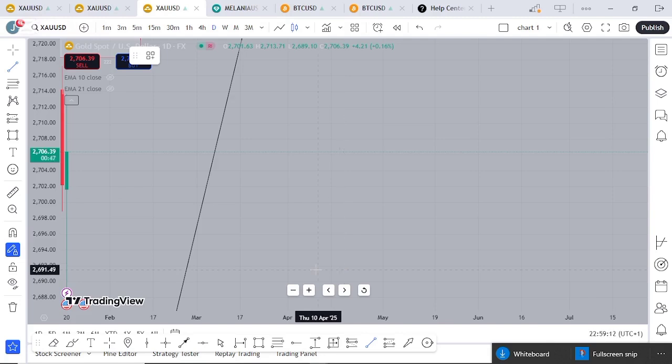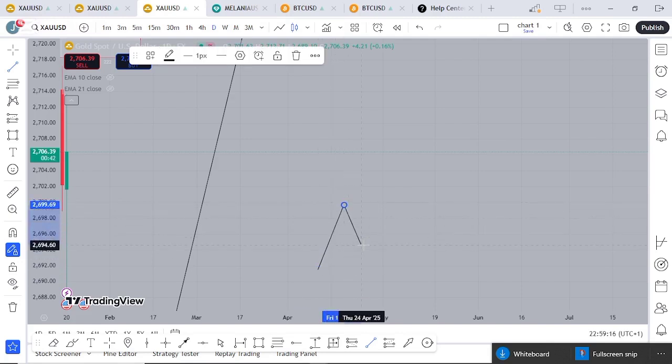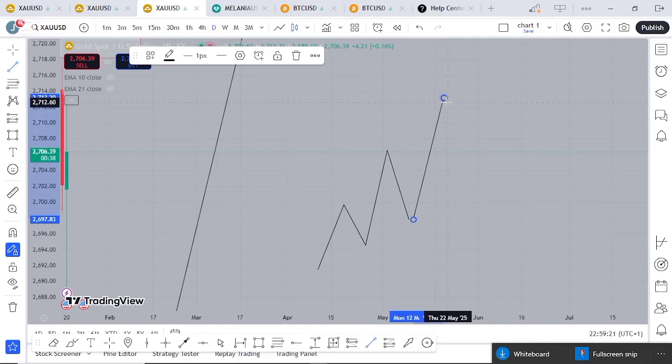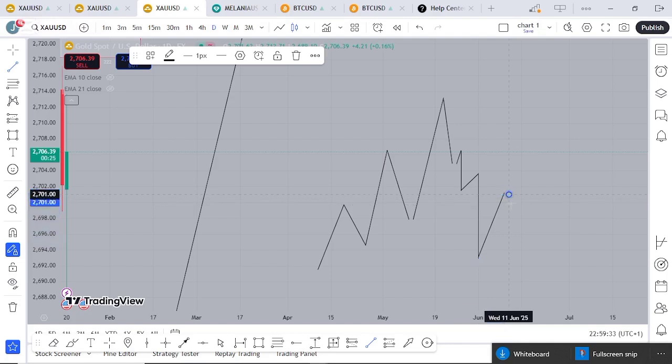What do I mean by this? Now let's say we are on the uptrend. Let me say this is our higher high, higher low, higher high, higher low, higher high. You know, mostly this is how it is. Then sometimes you see a little bit of some little movement form like this, then you see like this, and you see some little movement also form like this, some little movement, so then you see price like this.